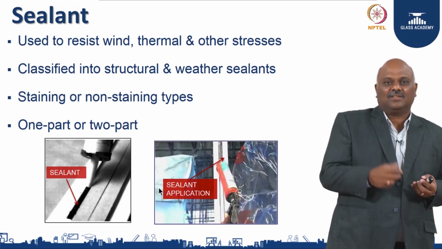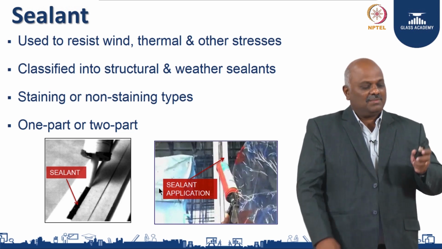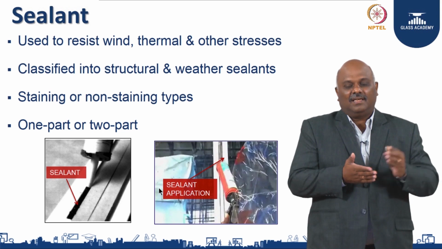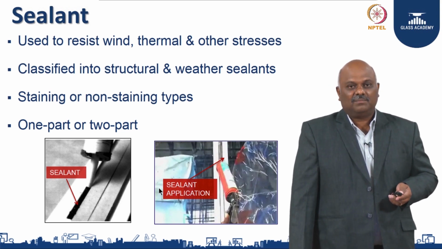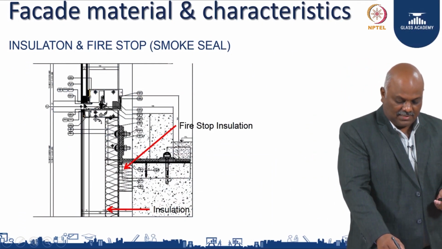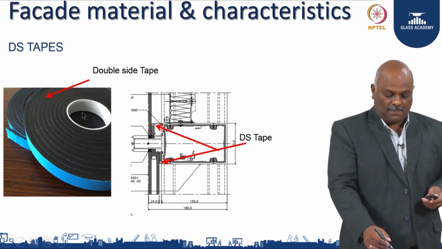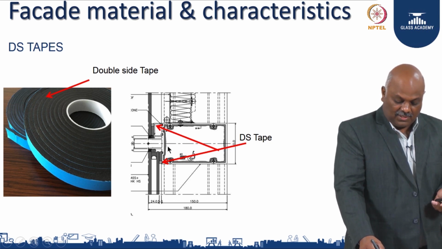Normally these are the two things they call weather sealant or structural sealant. Structural sealant is something which holds any form of structure against any member. Like in our case, if you see in the system we have designed, here we use a structural sealant. We hold the glass into the structure, see here, this is where you use a structural sealant, and this is what you call a weather sealant.